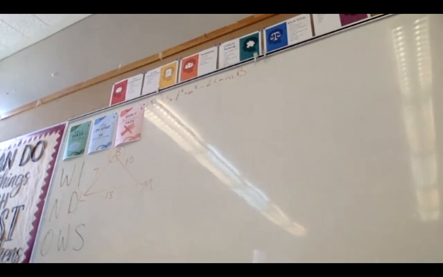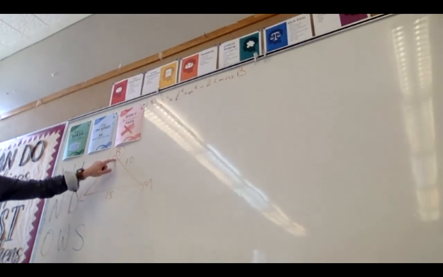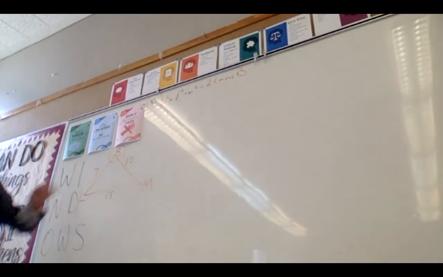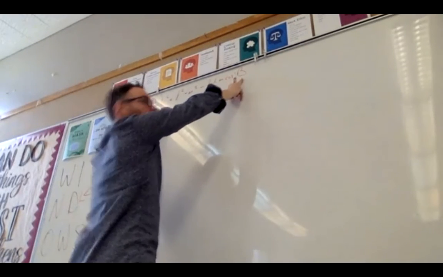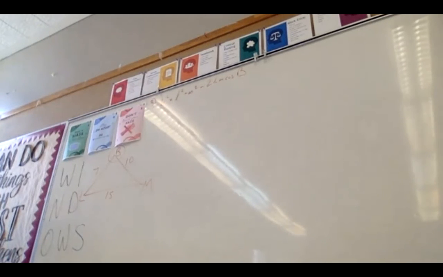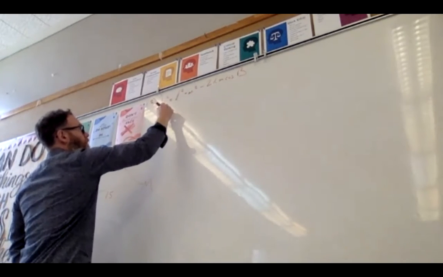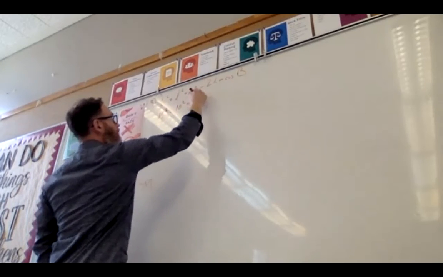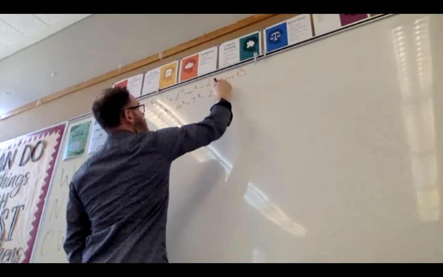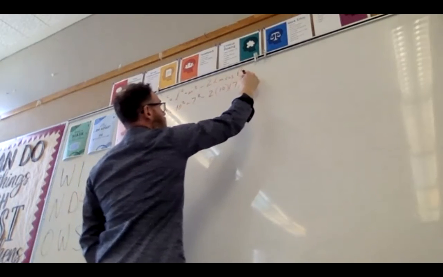How would you know it's B squared if you don't have the ABC? Because this is the one that we're looking for. If it says find angle K, it's going to be K squared. Because the unknown or isolated side always corresponds with the angle that it mentions. Now in this case, we know what B is anyway. So it's going to be 15 squared equals 10 squared plus 7 squared minus 2 times 10 times 7 times the